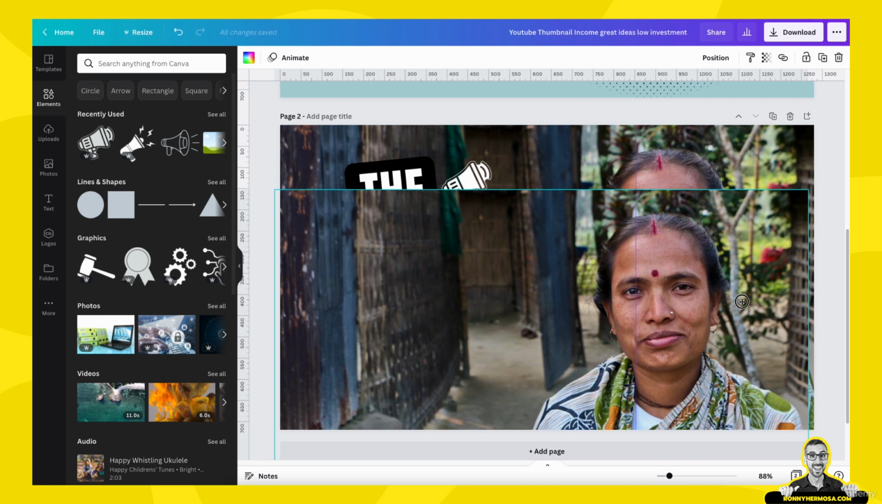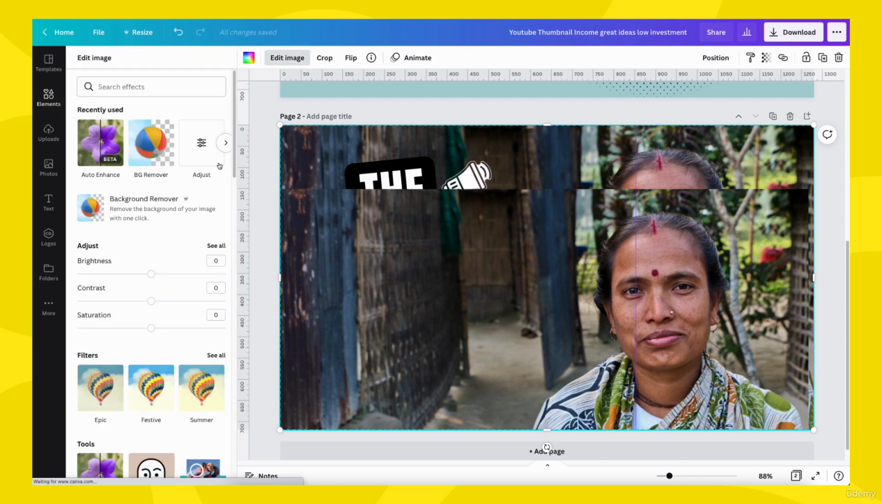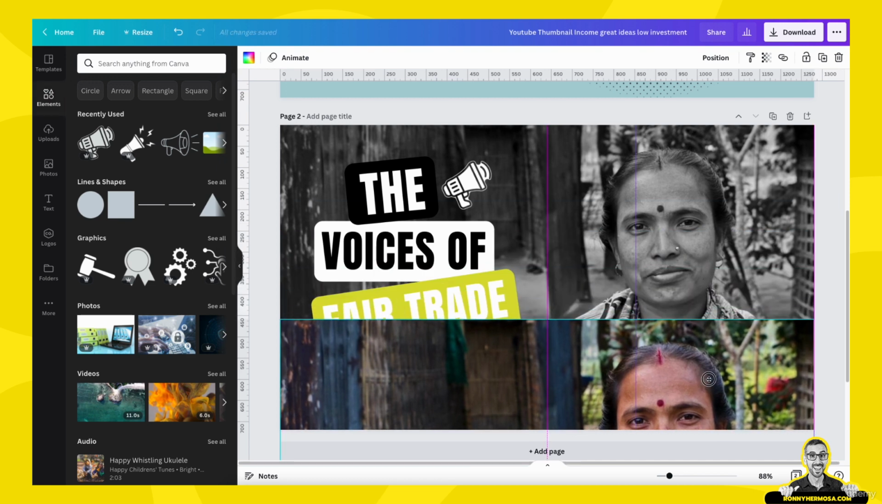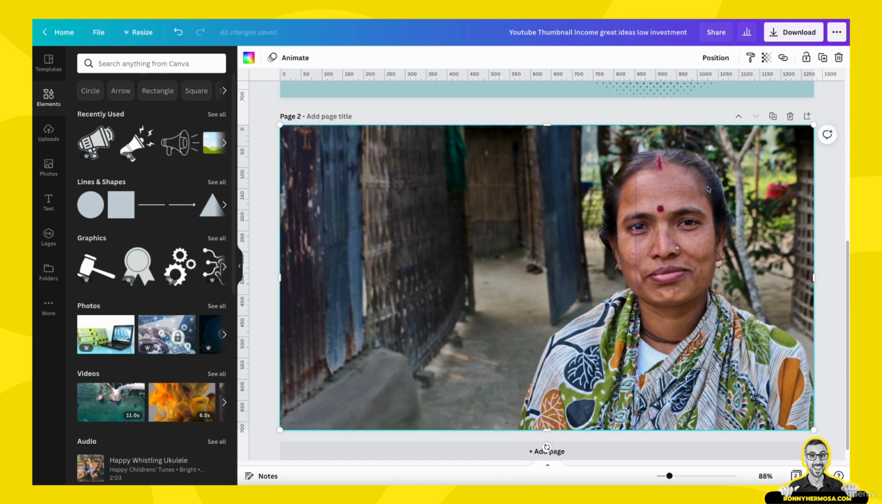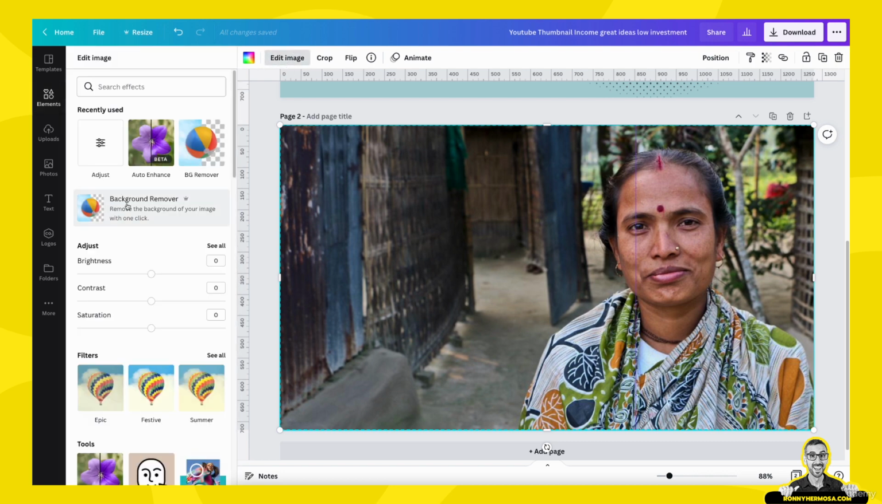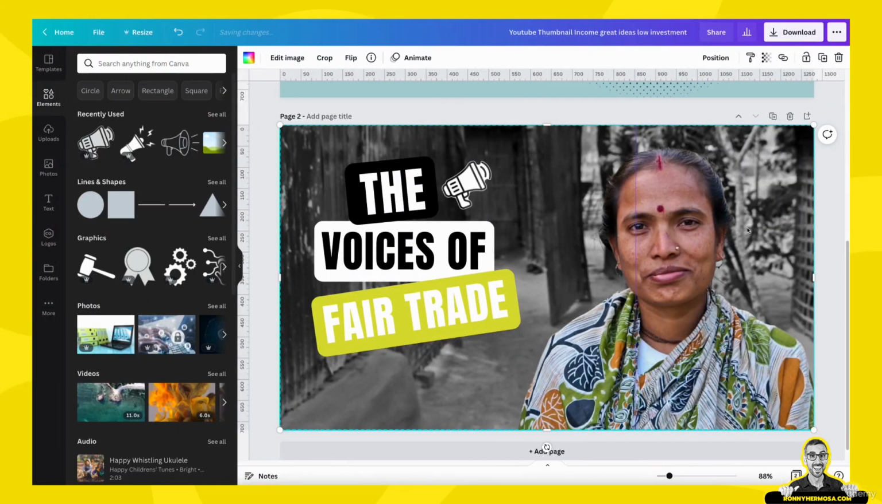So before I apply the background remover, that's the effect we're going to use, I'm going to select the base layer, so the base grid, and edit image and remove the saturation to make this image black and white. You see now the image is black and white. Now I will bring back the duplicate layer right here, and I'm going to be selecting it, edit image, and background remover. And there you go. So now you can see what I was trying to do. I think this looks pretty cool because it really makes her pop out of the thumbnail,